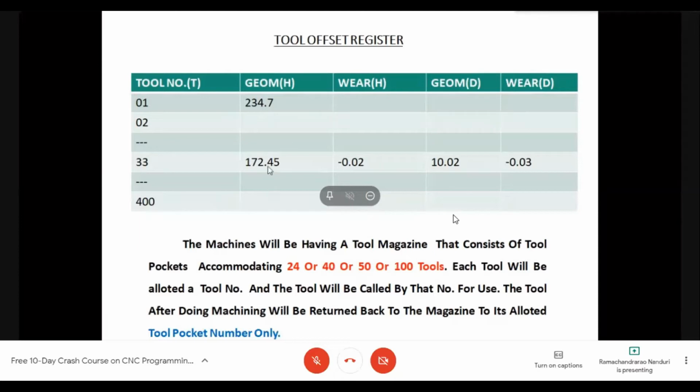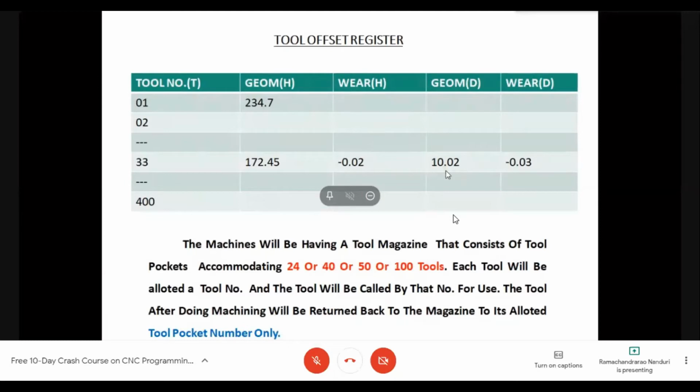We have to enter the length of the tool here. For example, for T33, I have entered a length of 172.45, and for tool number 1, 234.7 mm. And geometry D stands for the diameter of the cutter. That means for T33, the diameter of the tool is measured to be 10.02 mm.